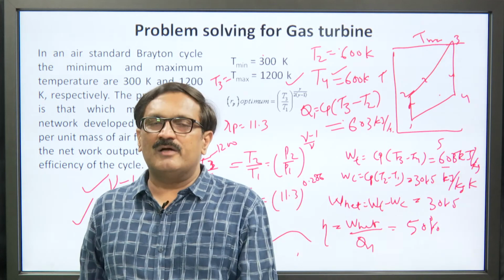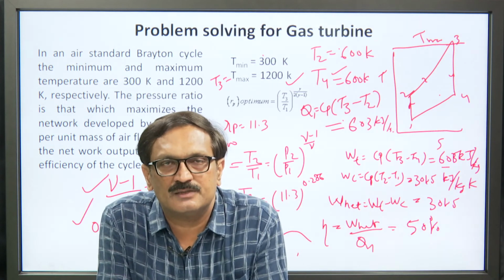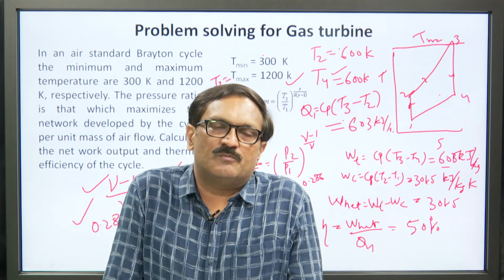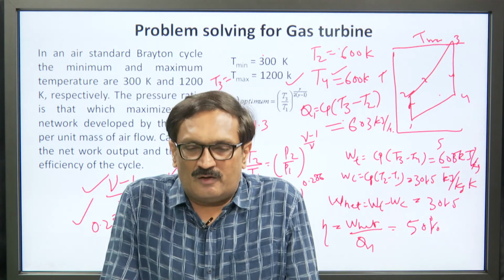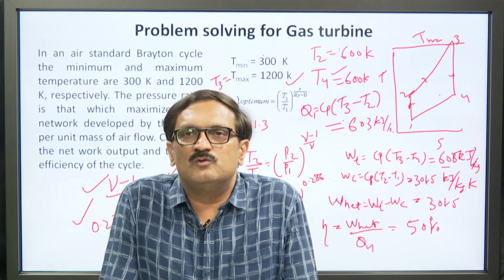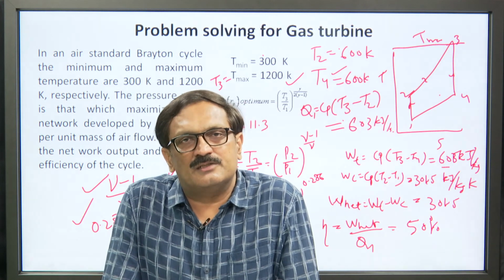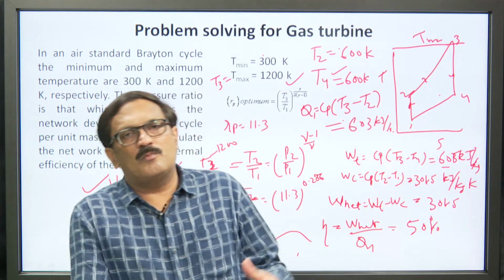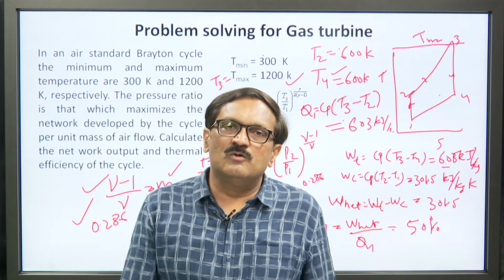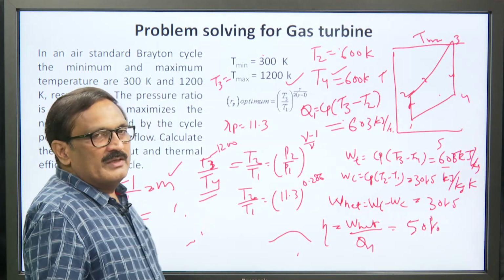So, in this manner, the main thing is we have to find out the value of the temperatures at the different state points. The advantage here is we assume that the working substance is a gas, air, and we assume that it is a perfect gas. All the relations which we can use for perfect gases are going to be used. Similarly, T2 upon T1, P2 upon P1 to the power gamma minus 1 over gamma, and for the constant pressure heat addition, Cp (T3 minus T2). Whatever equations we used earlier, the same equations you can use there, and in this manner we can solve the problem.